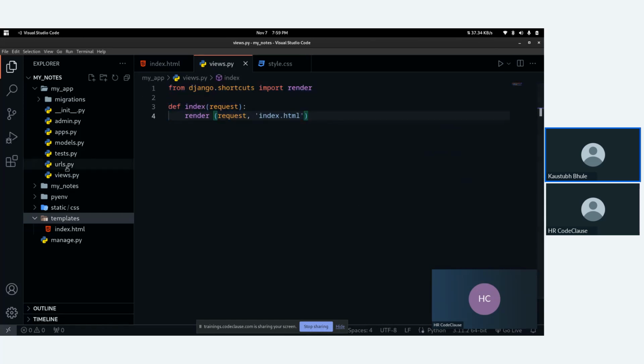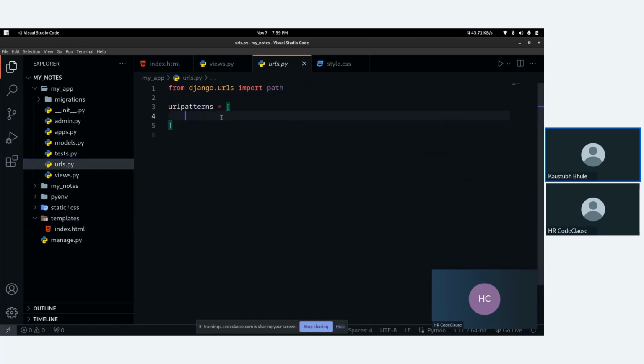Now we need to create a URL. So we will again use a path function followed by empty quotes, so it can use the root directory to execute this function. Now again we will import from dot import views.